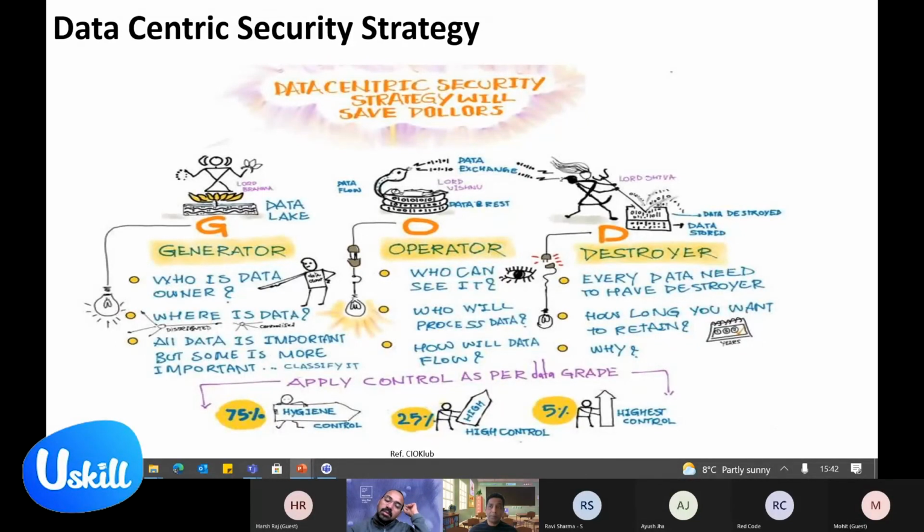So controls are people, process, and technology which prevent your data from any unauthorized access and any unauthorized modification. And then the last 5% of data, of course, those are the most critical data, where you apply a very high level of security. Okay. So on control, we can say that even the smallest control, like when someone enters into a premise,